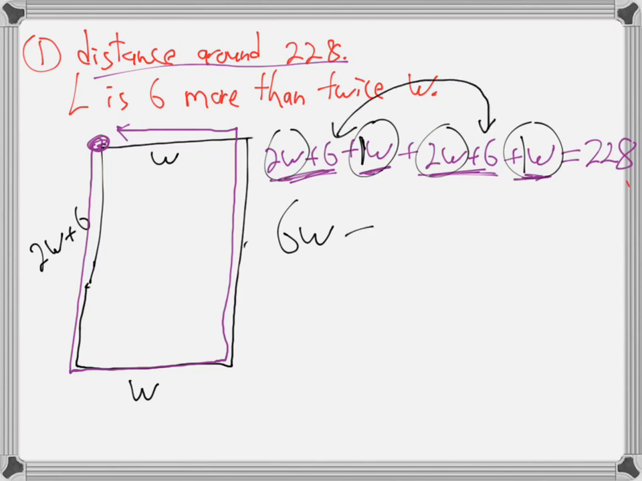6 and 6, 12. 228. So I'm just combining like terms, adding up the W's and adding up the numbers. That's what you were saying, right? How do we solve from here? Subtract 12. Yeah. Remember, it's an equation. It's a system in balance, as long as you do the same thing to both. If 2 things are equal and you treat them the same, they'll still be equal. So if I subtract 12 from both sides,